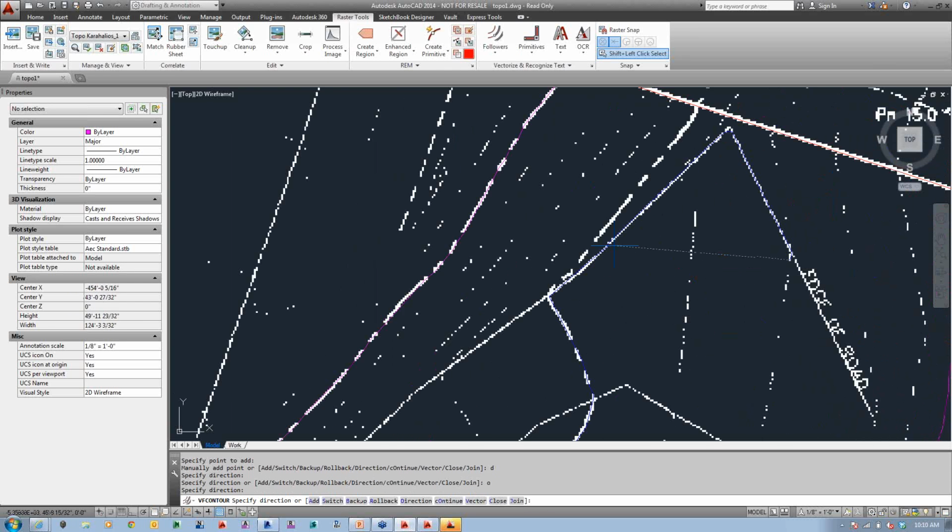Now, you can see here where it kind of went a different direction on me. And I did this one on purpose. This is one of my harder ones I had to do. So instead, I'm going to come back here to R for rollback, roll that back, and say I'm going to roll back to that position. I'm going to hit O for continue. I'm going to select over here, and it's going to start